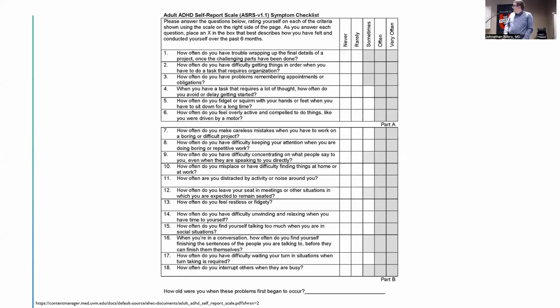And so here's a picture, and I apologize that the top's being blocked off there, but again, you have part A at the top and part B at the bottom. The shaded boxes basically just indicate the answers that would be considered significant. So I believe in part A, if someone has 5 of the 6 in the shaded boxes, they would meet criteria for a positive screen. And then in part B, again, you're not using that as a screen, it's just to help characterize the symptoms.